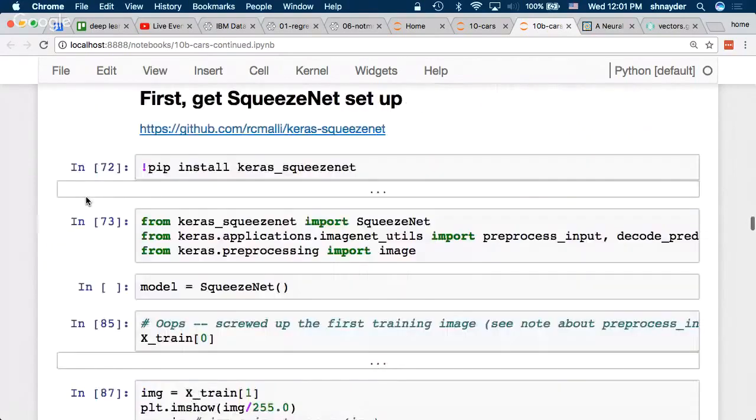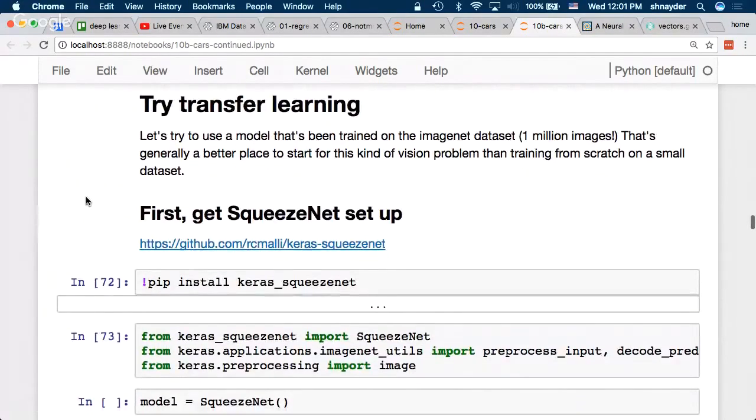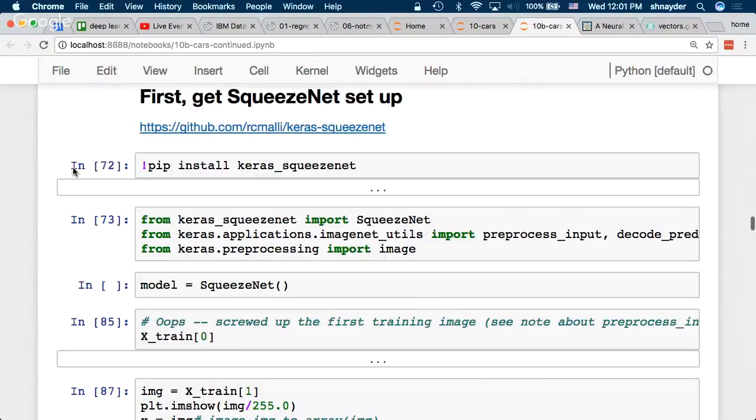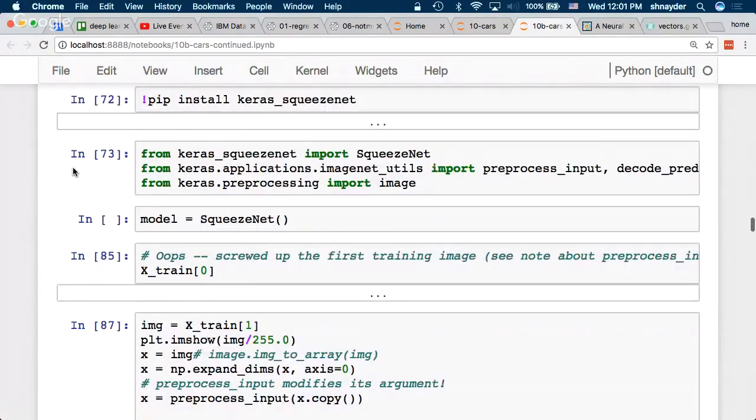So let's go with Imagenet models. In this case, I decided to use SqueezeNet just for fun, which is an Imagenet pre-trained model that's small. It's a few megabytes, with fewer parameters than VGG or other models that are hundreds of megabytes. So I loaded it.